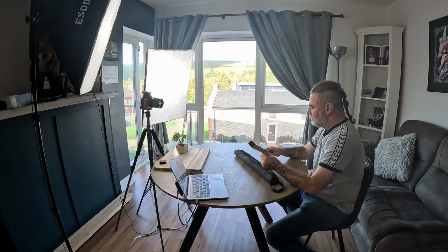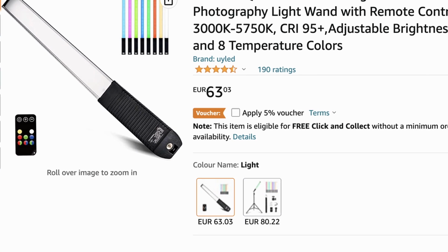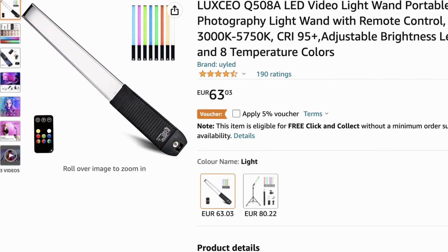I picked up one of these. It's like a tube light, Luxio it's called. So these are very handy. About 60 euros is what I paid for this. So it's handy for using it for B-roll and stuff like that. It can be turned on and used behind you as a hair light where you wouldn't actually see it. Sometimes you might actually see it,